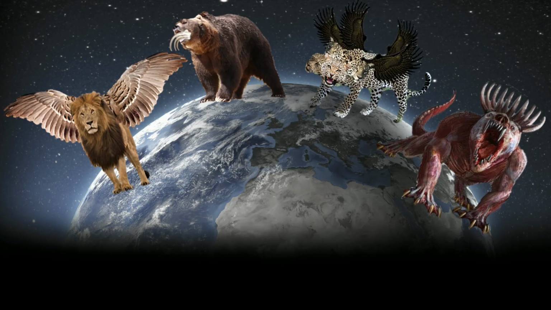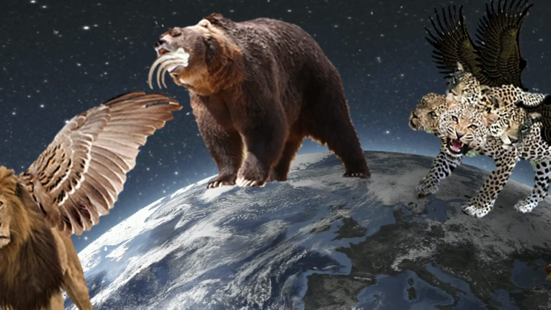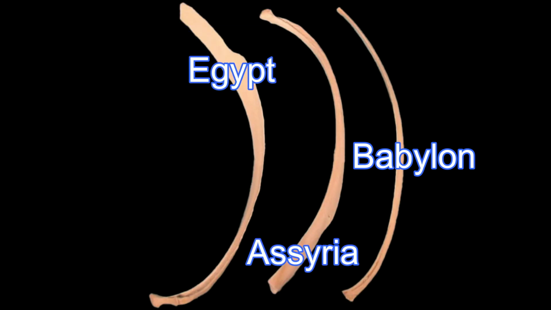You have the head, which is the Babylonian Empire, but in a sense, the head is also inclusive of Egypt and Assyria. And the reason why I include Egypt and Assyria is because these two nations were part of the symbolism of Daniel chapter 7. Notice Medo-Persia, the world power that succeeded Babylon, is there symbolized as a bear. But instead of it having one rib in its mouth representing the remains of the Babylonian Empire, it had 3 ribs in its mouth representing not only the remains of Babylon, but included were the remains of the 2 powers that preceded it, Egypt and Assyria.